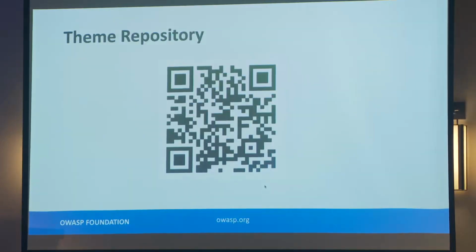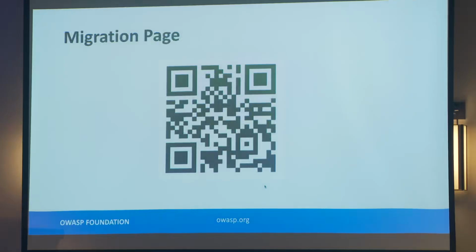The theme repository, I didn't go over that much because it's more of a training thing. Basically, the theme repository will help you out if you need to figure out there are different layouts for your project pages. We certainly have more than just the layout that you saw for the one project page, but that's more of an advanced kind of Jekyll type thing. So, the migration page, which has a bunch of helpful links and important information about tabs and how to make those work, that is all on the migration page.